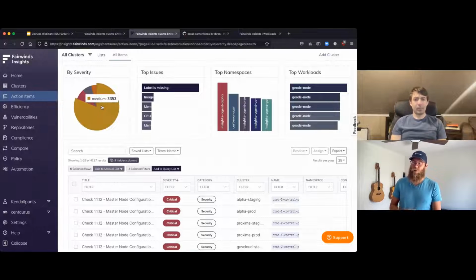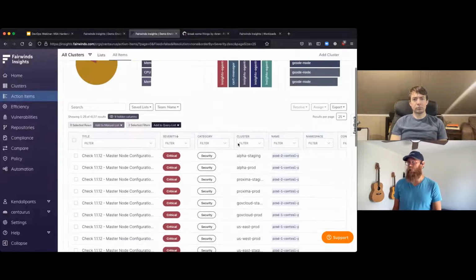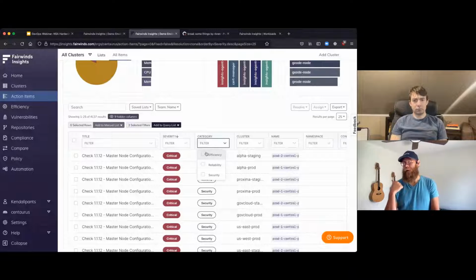You can see the vast majority of the issues that we have in this cluster are medium severity. We do have a number of critical issues. But this is across all my clusters, not just that one cluster. But you can sort by specific clusters. You can sort by categories. You can